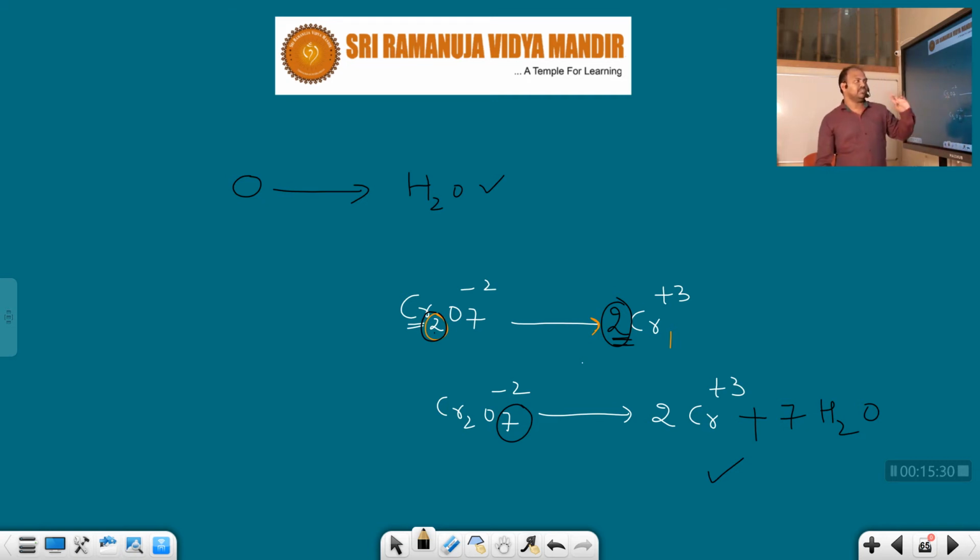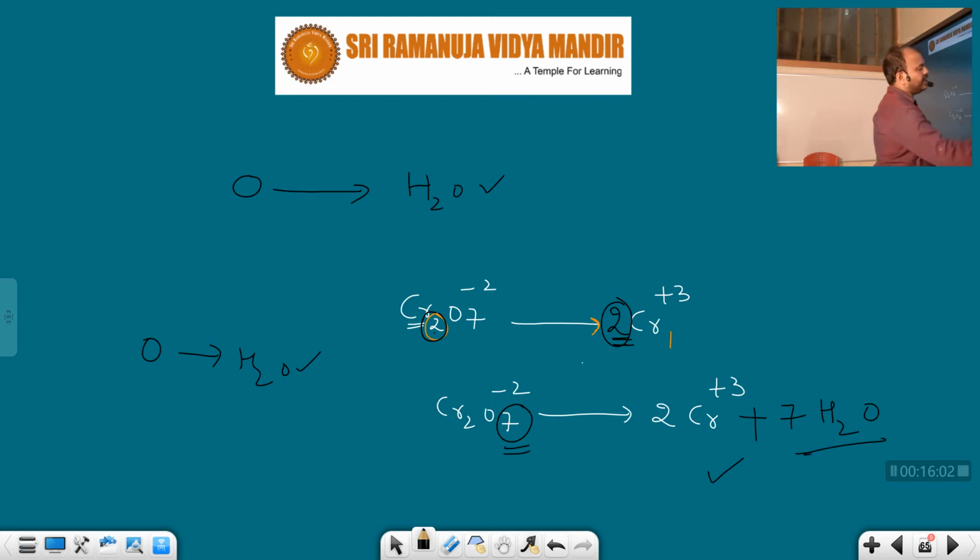The dichromate ion contains 7 oxygens, but on the right hand side there are no oxygens. So which side will the deficiency be? We can easily declare the right hand side. We know that very well: the oxygen deficiency side, we add water molecules. How many water molecules are we adding here? This is the doubt. 7 oxygen deficiency will be there, so on the right side nothing is there. So we add 7 water molecules, equal to the amount of deficiency. So 7 oxygens will be there. That's why we add 7 water molecules. This is the second step.